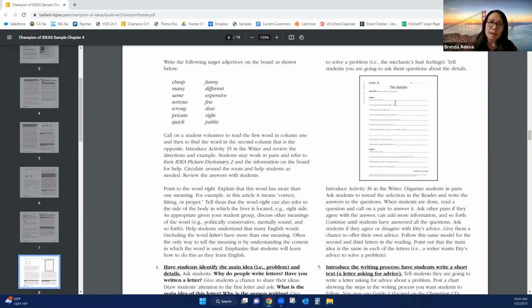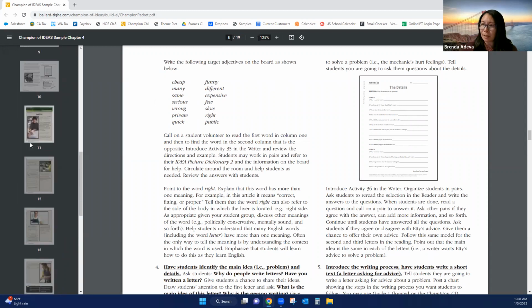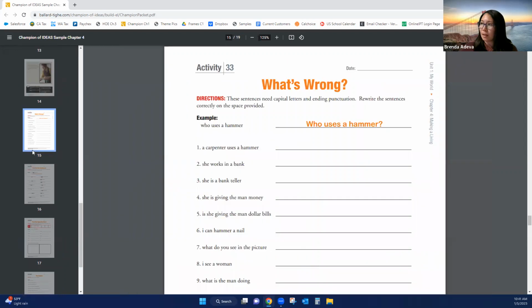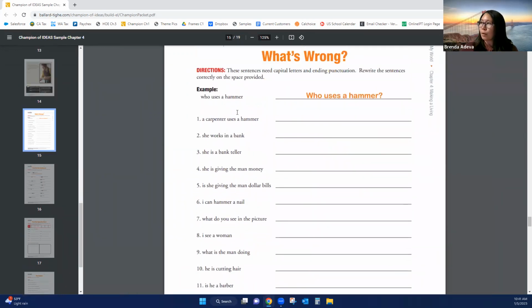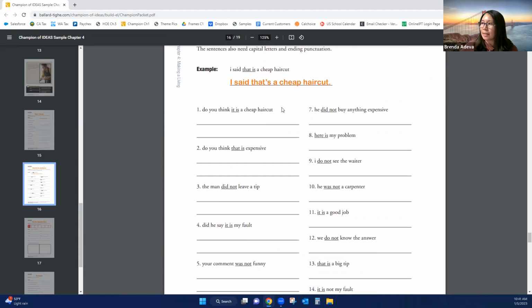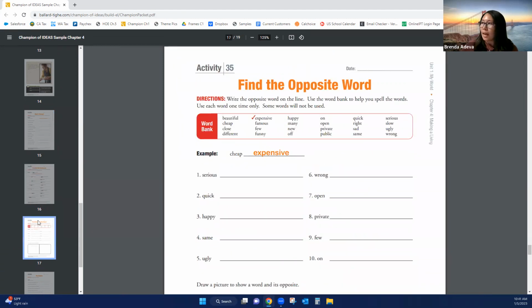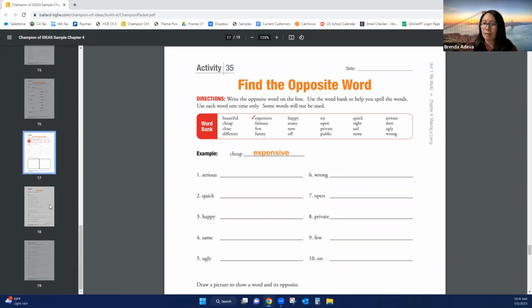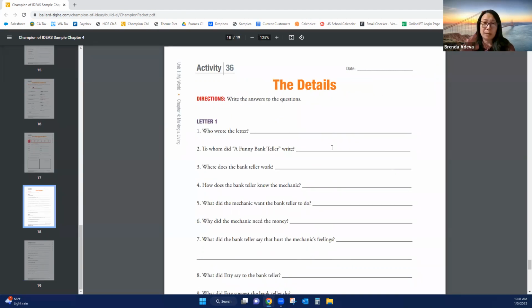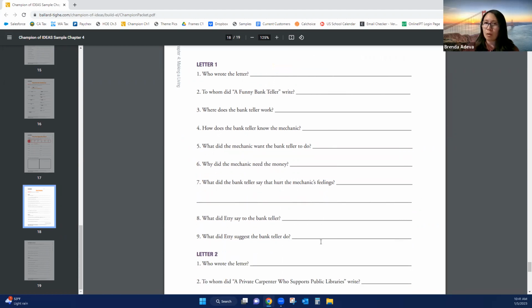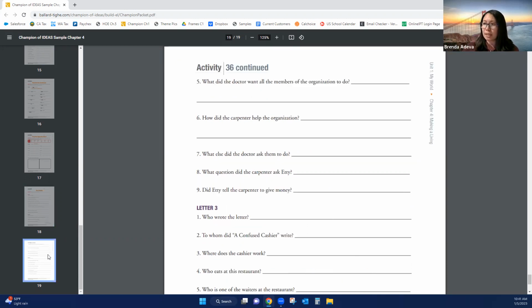Now, you'll see a lot of activities. So worksheets that we include, here are some examples of that, what's wrong. So you're going to have students change the punctuation and capitalization because that's what they were practicing, right? Rewriting the sentences with contractions. And then the opposite word, we talked about all of those. However, we do have some with reading comprehension or the details. So you'll see the questions, maybe only circle certain questions for the level 1s to answer, all of it for level 2, level 3, start here and maybe have a more detailed answer.